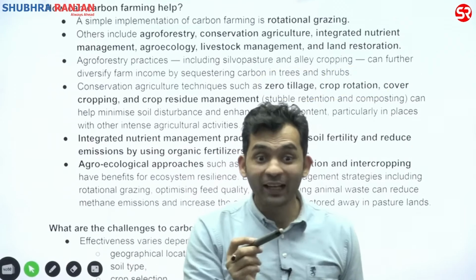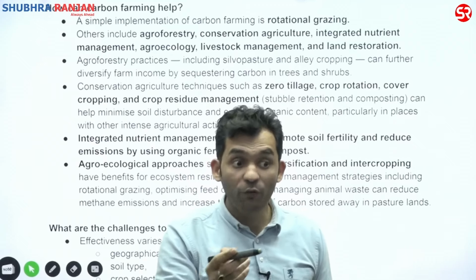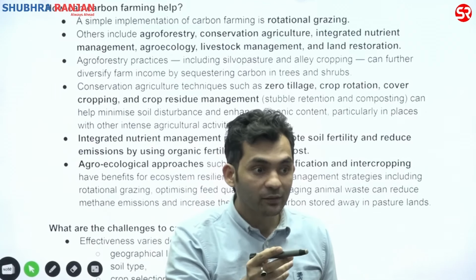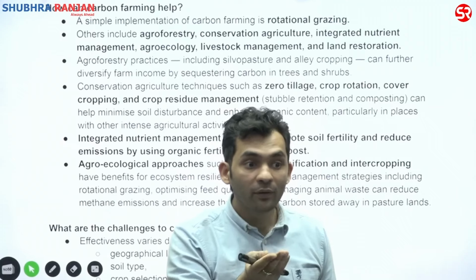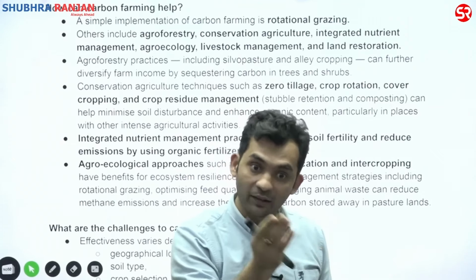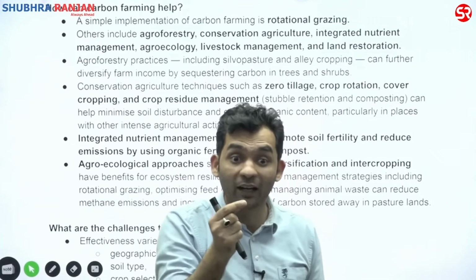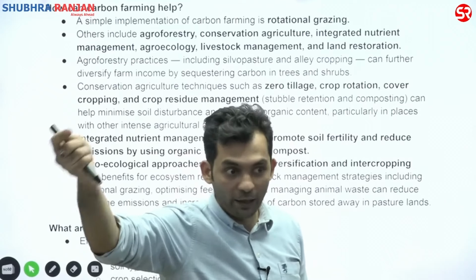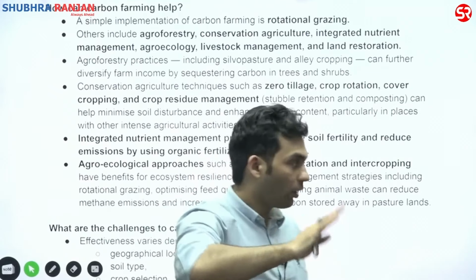Which technique have we discussed before, which was part of carbon farming, about rice? System of rice intensification. That will be considered carbon farming because that reduces what? Methane, and ultimately methane becomes what? Carbon dioxide. That will be considered in that. Okay. Now,